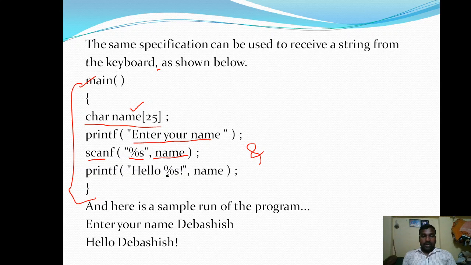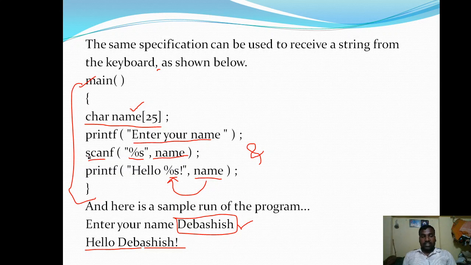Then printf hello percentage s name, so the value of the name array is replaced here. Then we get the message hello Debashish. First it asks for the user name, then I give this input, then hello Debashish is the output for this program.